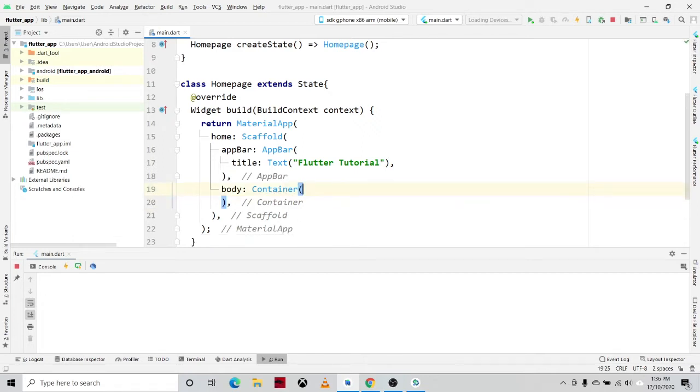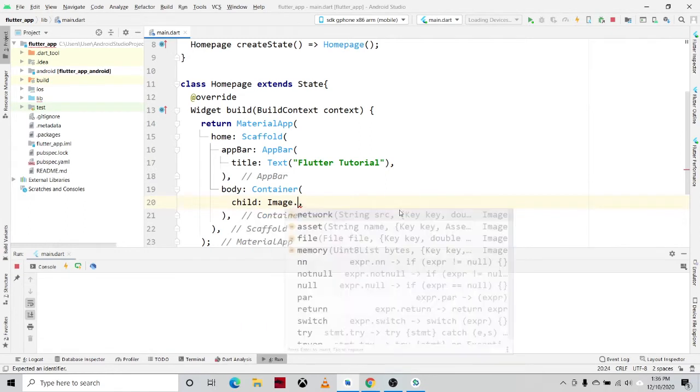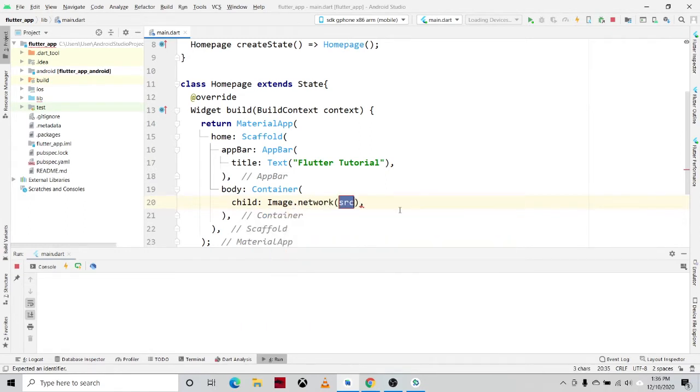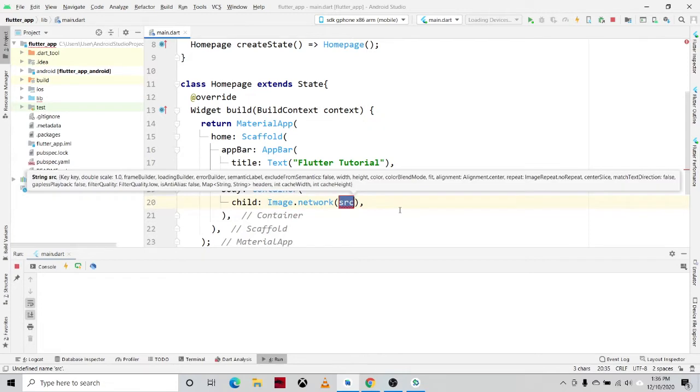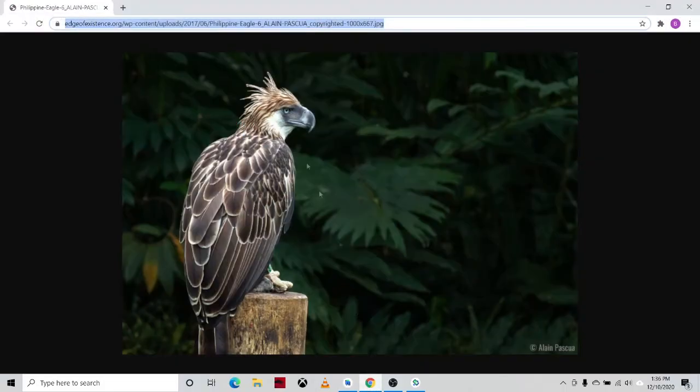So in our body, we'll be adding a child property of the container, and then we'll be calling the Image.network. Inside of the Image.network property, we'll be placing the URL of the image. I prepared an image here, a picture of a Philippine eagle.